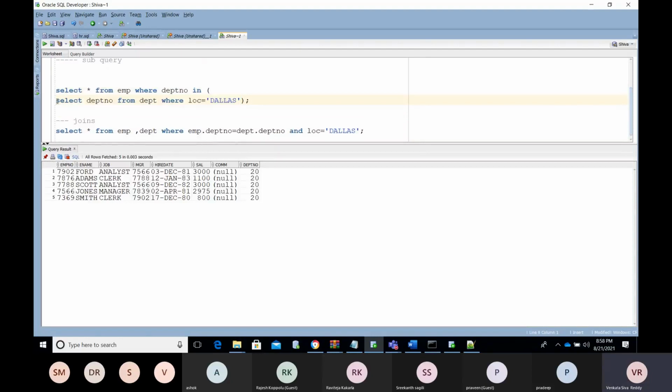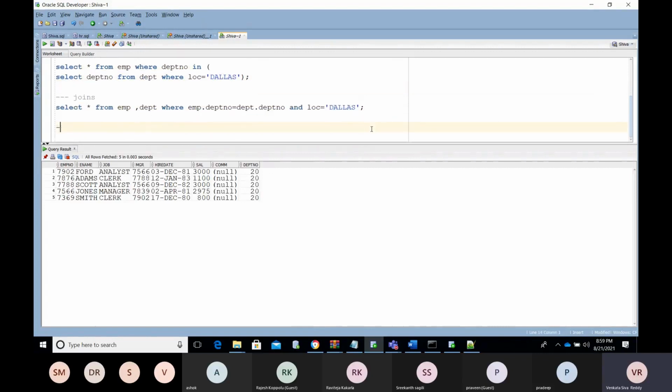Whatever query you pass, if you maintain the relation between the outer query table and the inner query, then we call it a correlated subquery. So first we will complete this. First the inner query will execute in the subquery. Based on that you will get the 20 here. Based on this 20 only, the outer query will execute and produce the results for you. Understand? So, correlated subquery.